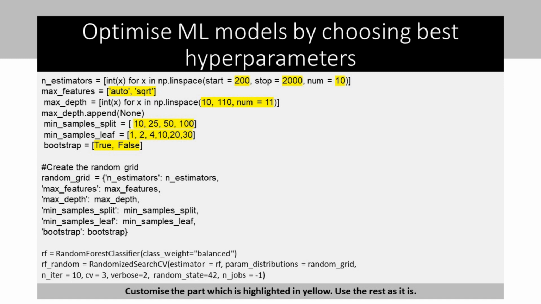Basically you can change, instead of start, you can start instead of 200, you can start from 2000, you can stop at 4 lakh, whatever. So you can change all this and everything else remains exactly same. So you just have to copy paste and change little bit here and there and use it.